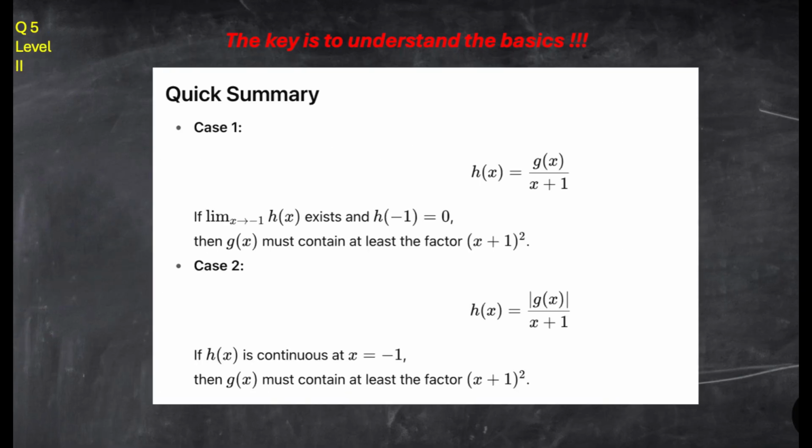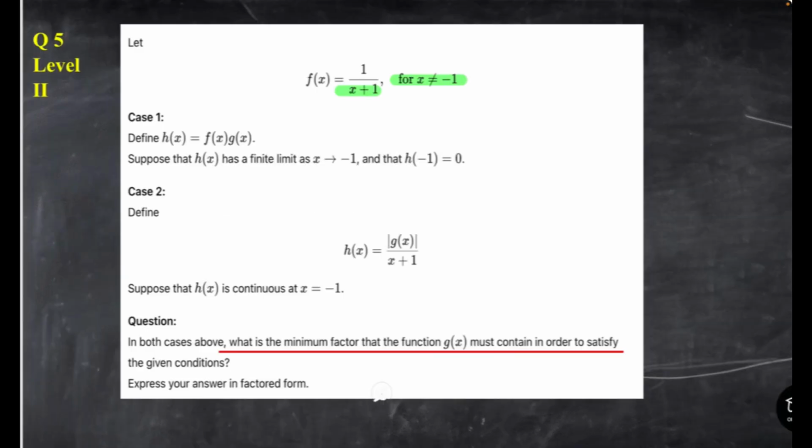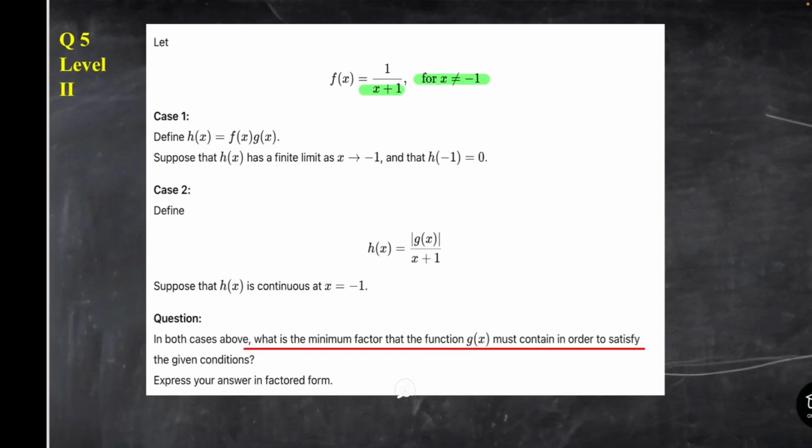We are given a function, f of x, equals 1 over x plus 1 for x not equal to negative 1. Now let's consider two different cases. Case 1. We are given the function h of x equals g of x over x plus 1. We are told that h of x has a finite limit as x approaches negative 1, and that h of